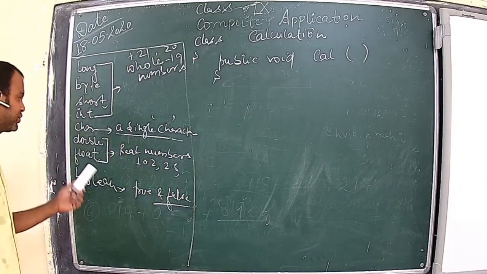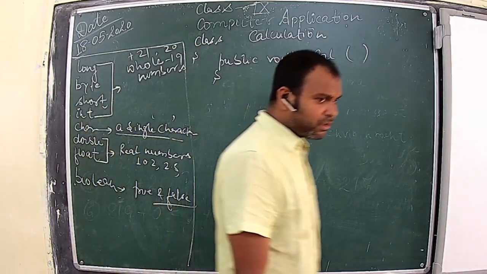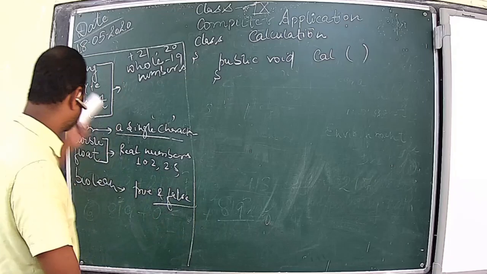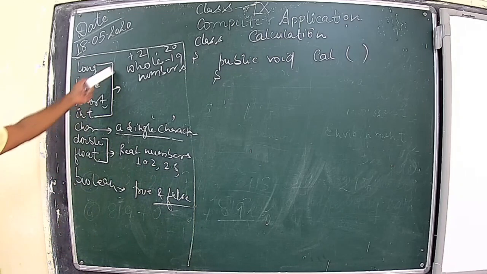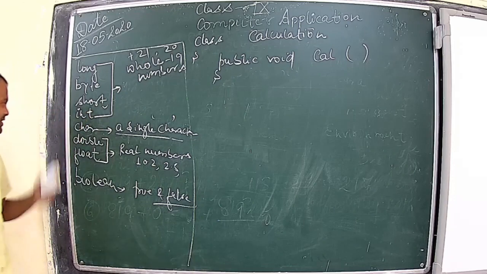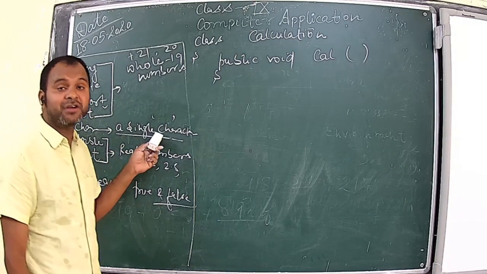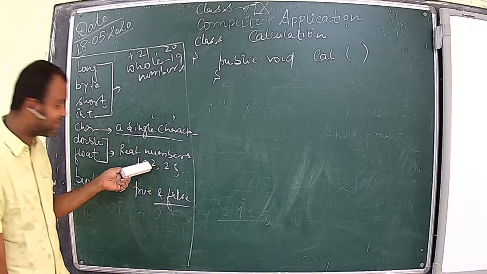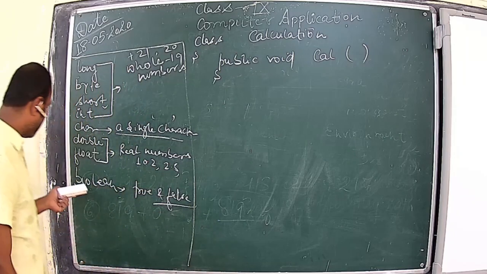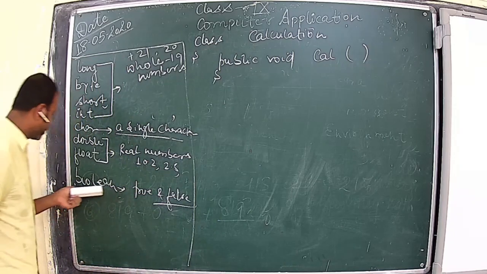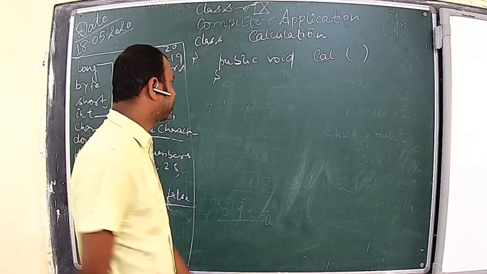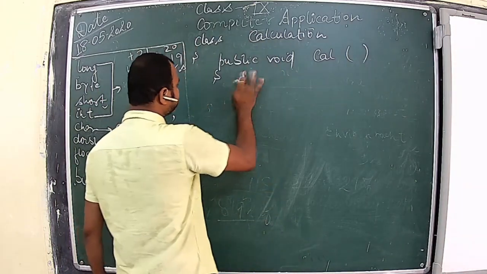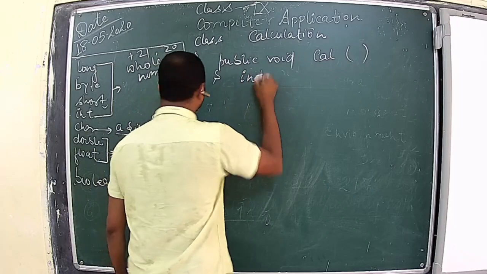We'll talk about the storage capacity and the range of these different data types later on. For the time being, long, byte, short, integer are for whole numbers; char is used for storing a single character enclosed within single quotes; double and float are used for real numbers, also known as decimals in mathematics, not in Java. Boolean is used for true and false. Clear? So we'll try to add two numbers at the beginning. Let me take int. I'm taking this int.